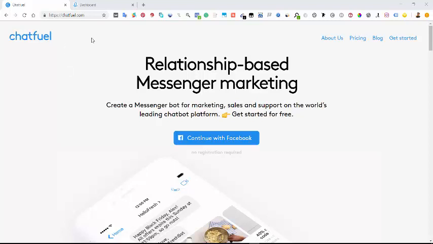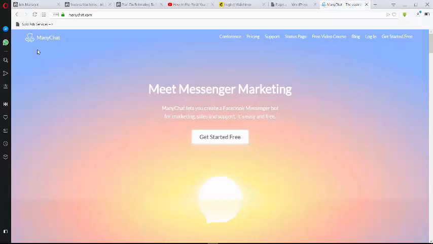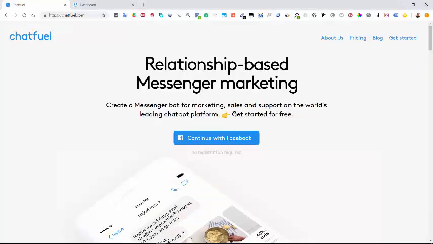It's that simple. So this is Chatfuel, and this is Mini Chat. So you can use either Chatfuel or Mini Chat, but for this tutorial we'll be using Chatfuel. Now I can't tell you everything about chatbots, because this is a lesson on its own. This is like a full-blown course on its own. So what I'm basically going to be doing is to tell you the basics, a few things you actually need to get you started using